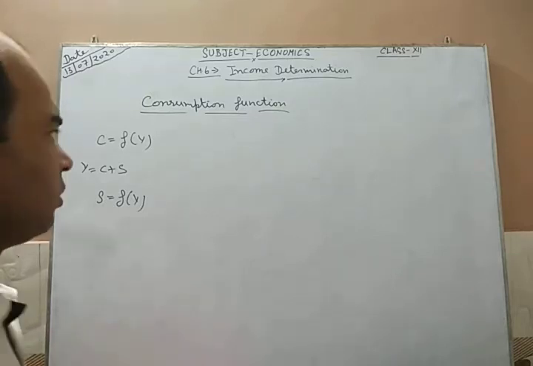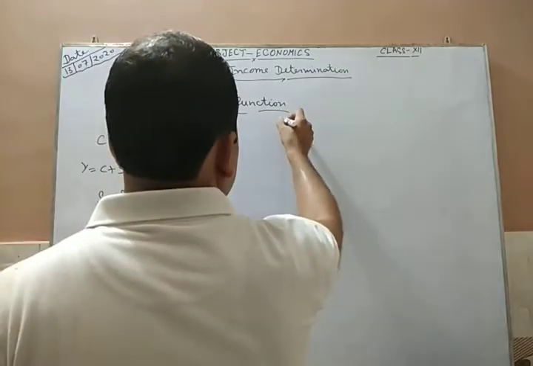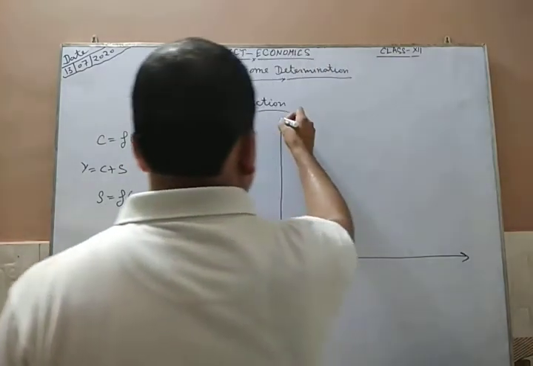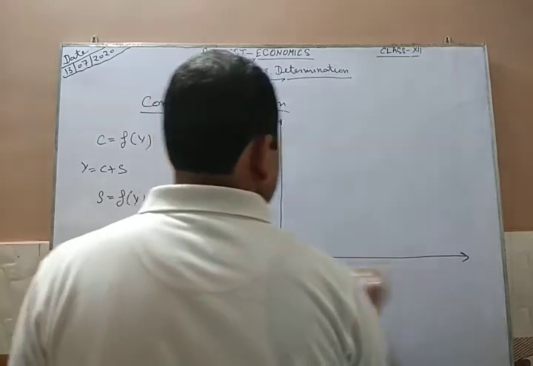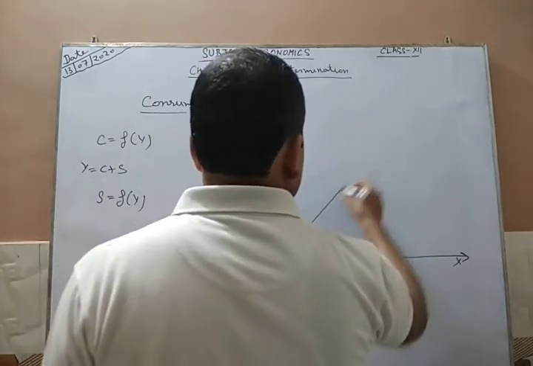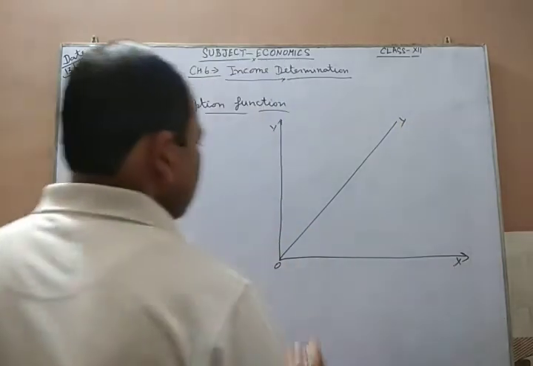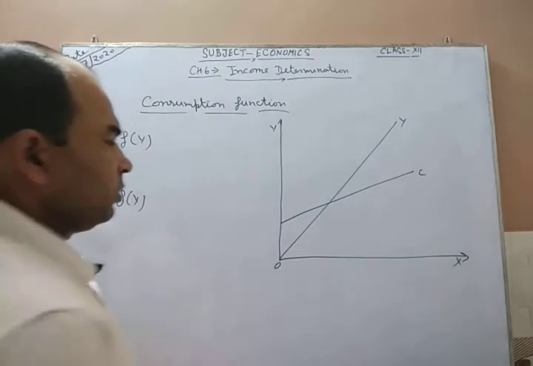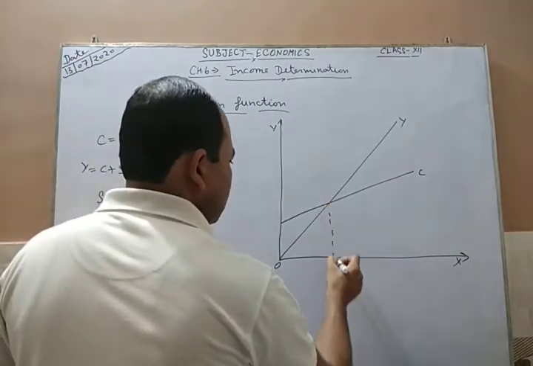Then we can present it with the help of a diagrammatic presentation. Students, this is Y, this is the origin, and this is X. You can see this is the income curve and this is the consumption curve. When these points intersect each other,